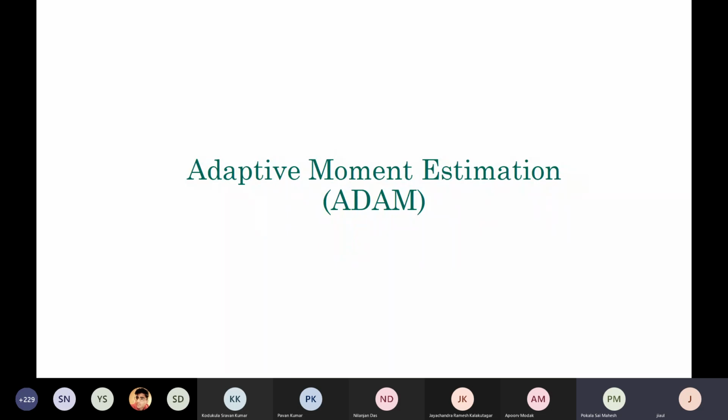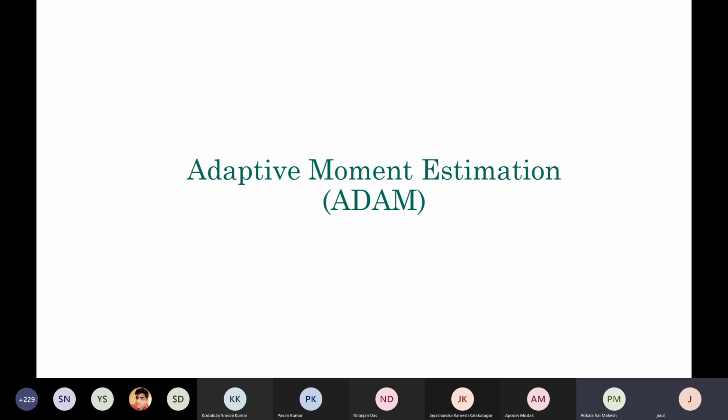Okay, I hope you can see my slide. Yes. All right. The method that I am now going to talk about is called adaptive moment estimation, or ADAM, and that is something that everybody uses in deep learning. It is kind of the default optimization method in deep learning. Whenever you run deep learning, you will set ADAM. It stands on the same gradient-based idea, but we will try to overcome some of the limitations of the other two approaches.